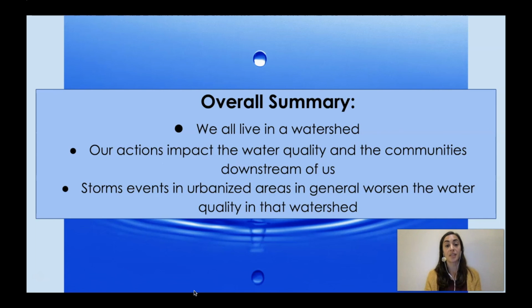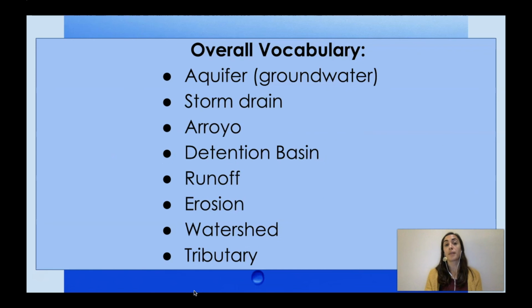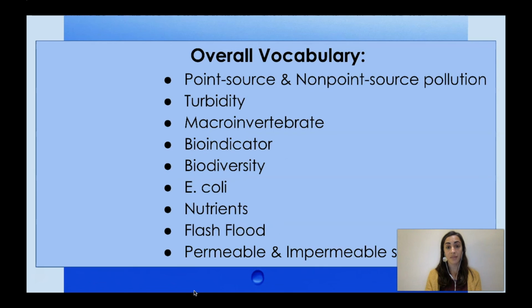We also talked about how storm events in urbanized areas in general worsen the water quality in that watershed. Some vocabulary that we have talked about over these 3 lessons has been aquifer or groundwater, storm drain, arroyo, detention basin, runoff, erosion, watershed, tributary, point source and non-point source pollution, turbidity, macroinvertebrates, bioindicator, biodiversity, E. coli, nutrients, flash flood, permeable and impermeable soils.